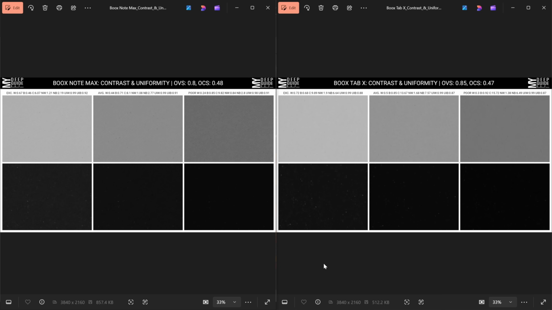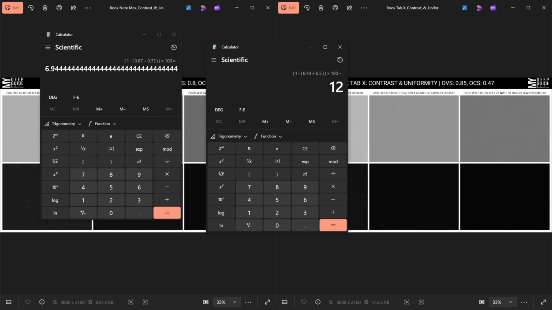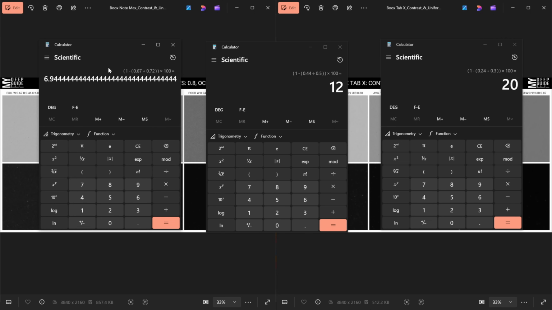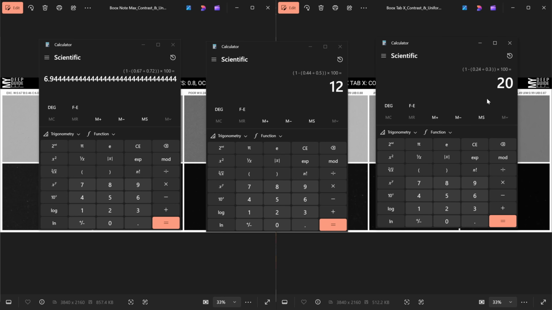And here I wanted to do the comparison between the rendering of the whiteness on the Note Max on the left hand side and the Tab X on the right hand side, and you can see the observable results, of course, in excellent, average and poor lighting conditions. And I went ahead and calculated the percentage by how much Note Max is actually darker in rendering of the white color compared to the Tab X. In excellent lighting conditions it's 6.94% darker. In average lighting conditions, it's 12% darker, and in poor lighting conditions, it's actually 20% darker than